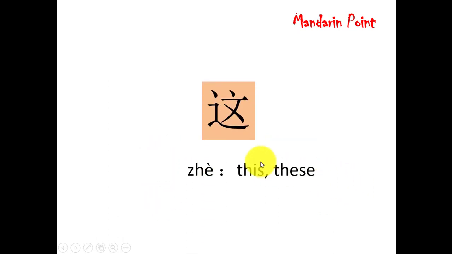The next character is 这, meaning this or these. And let's decompose this one. Yes. The character at the bottom side is 辶, meaning walk. And this character is 文, meaning literature. It doesn't matter if you cannot relate both of these, but if you can relate and make up a story, it is better. So this one is 这, these, and both of these characters can be directly derived